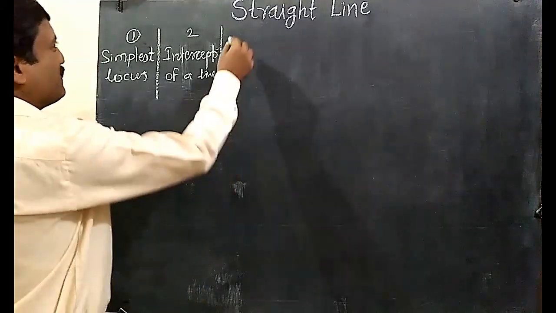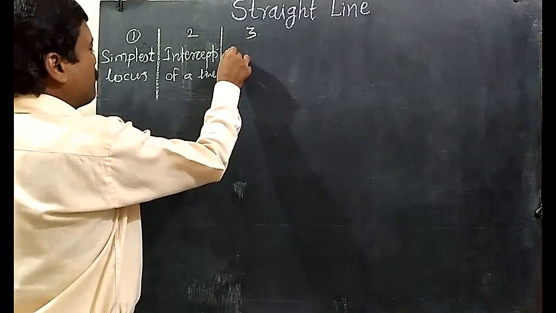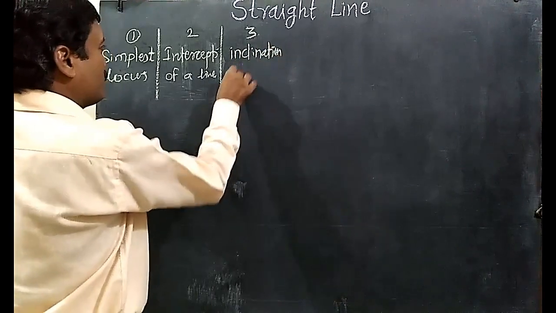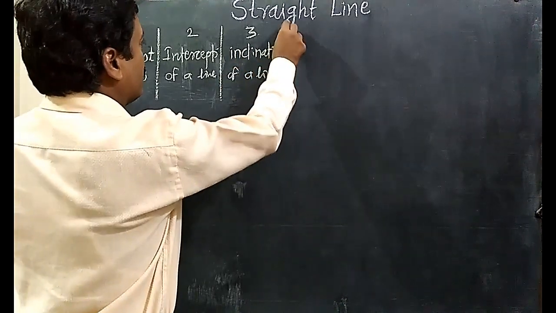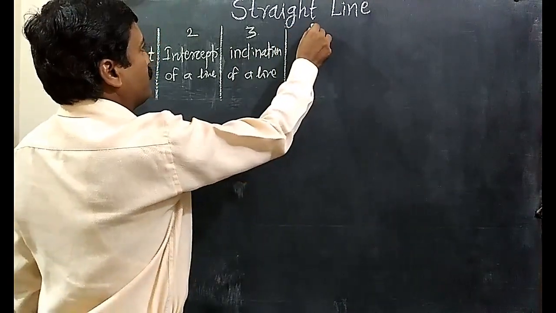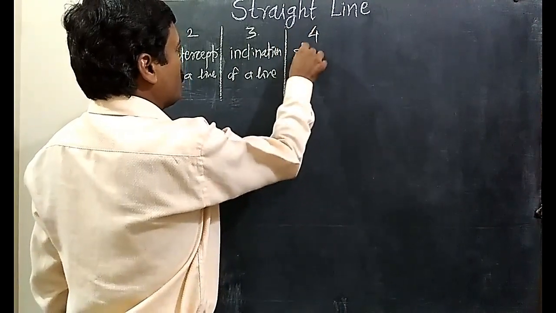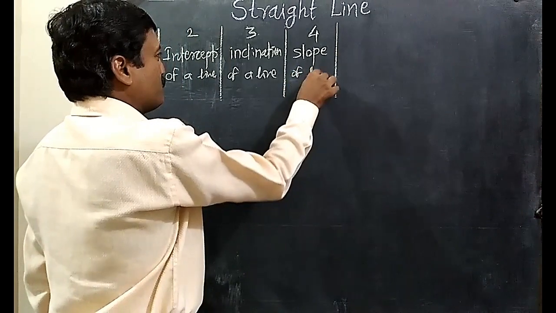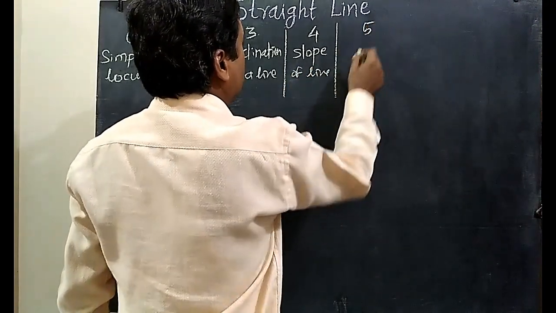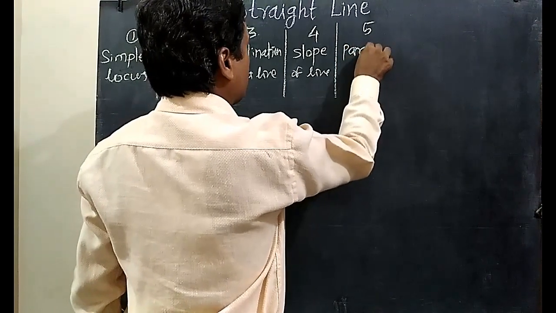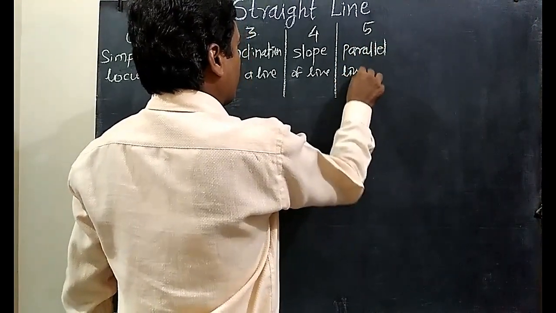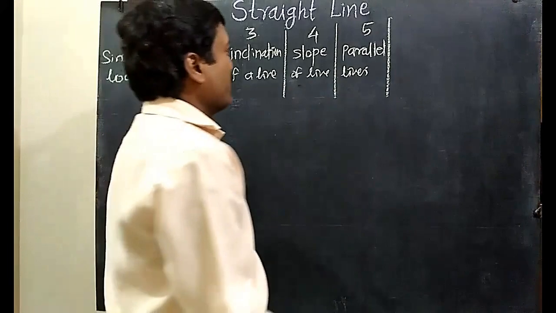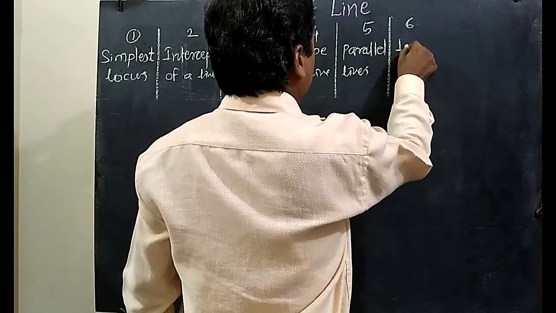After that, we will learn the important property or concept, that is inclination of a line. Then the most important formula or concept of this topic, that is the slope of a line. Then the fifth concept is about parallel lines. We will find the relation between slopes for parallel lines. Next will be about perpendicular lines,